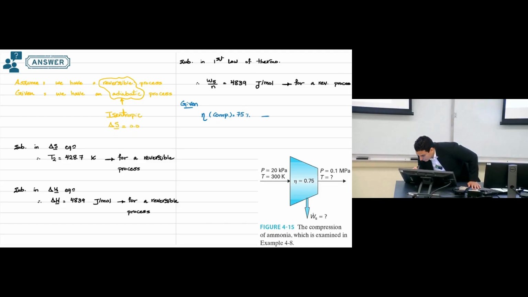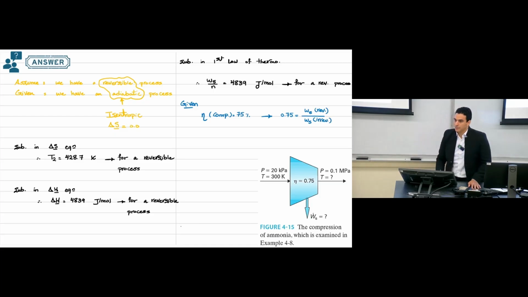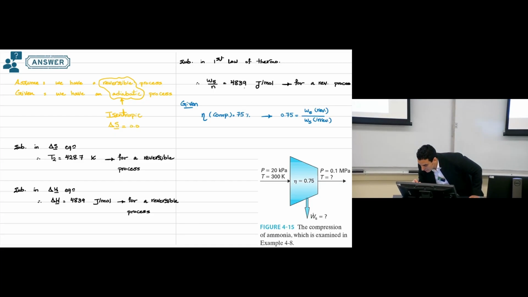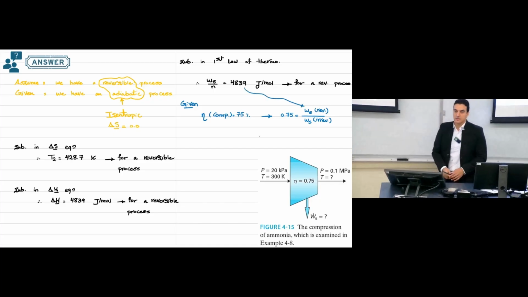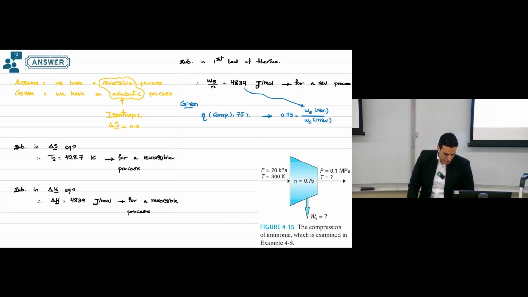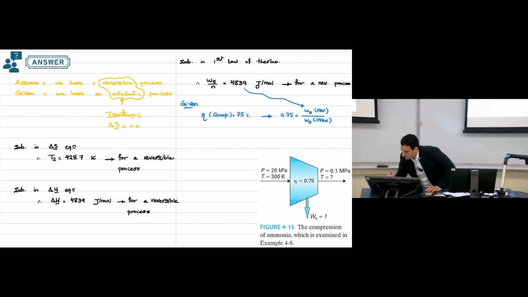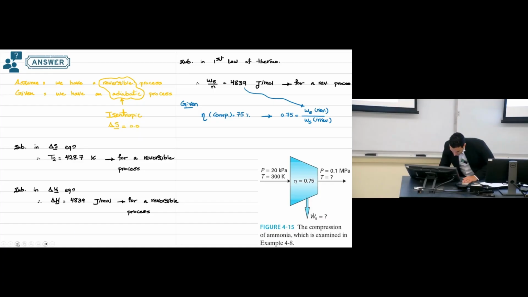So we can say for this one 0.75 equals the shaft work reversible divided by the shaft work irreversible. And what is the shaft work reversible? This is what we calculated here, 4,839. So just by using this efficiency, we can substitute in it,